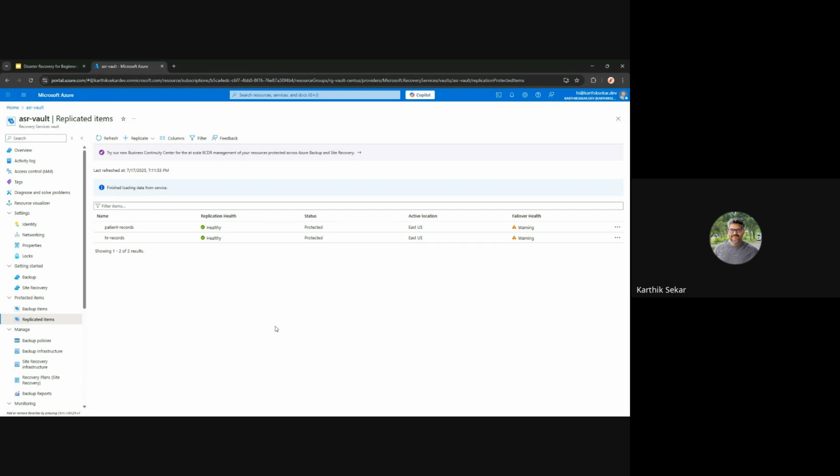So to test the replication, there are 3 ways, but we need to focus on 2 main ways. One is we can specifically run the test for a specific VM, which is, you can click here, and then you can do the test failover. Or let's assume there are 100 VMs or 1000 VMs.